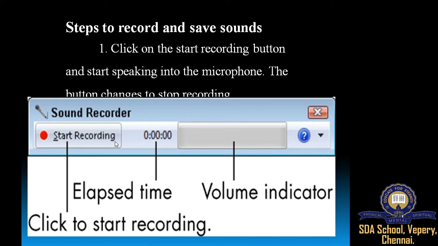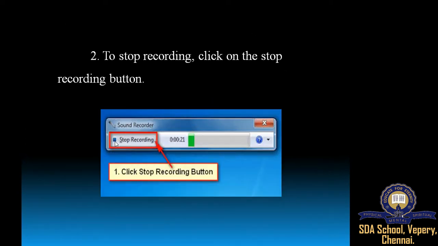Next, the second step is to stop recording. You have to click on the stop recording button. When you start the recording, it contains one button, start recording. Then after you start recording sounds, the start recording button will change into stop recording. If you want to stop the recording, you have to click on the stop recording button.